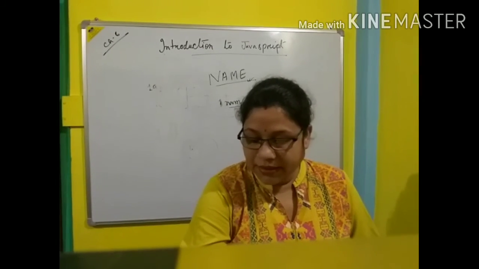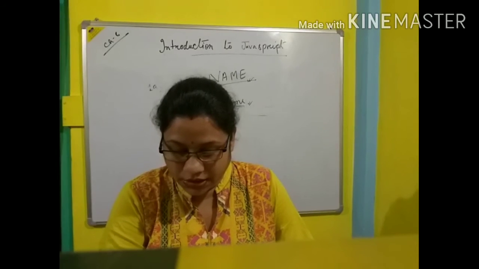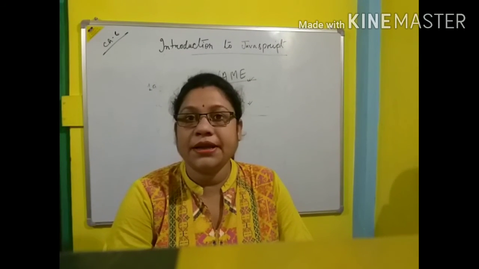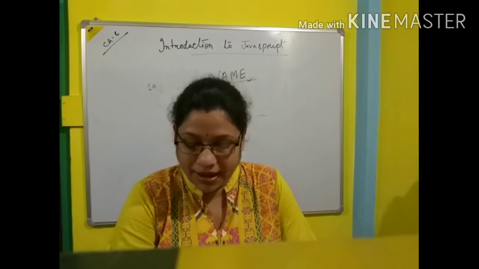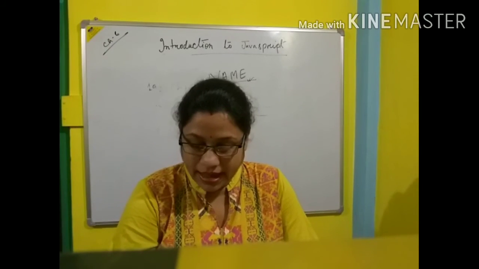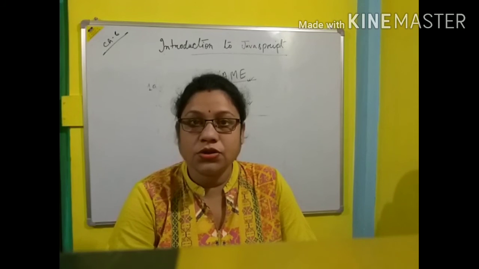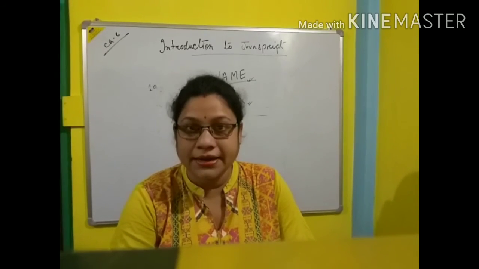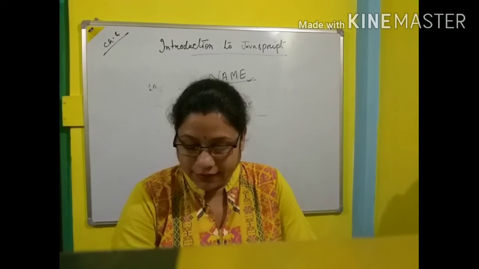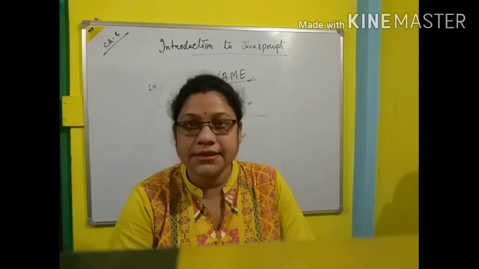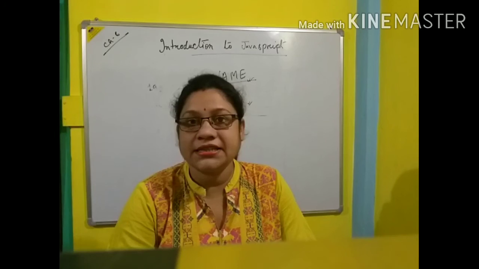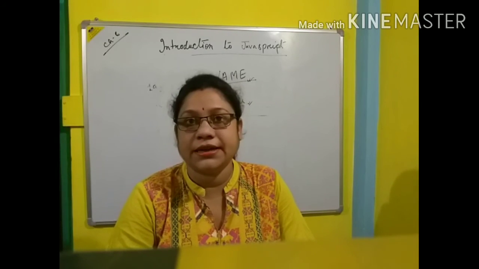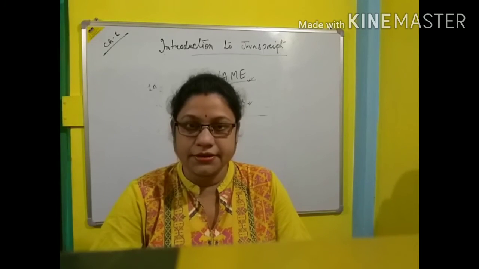Now look at the invalid variable names. 1num: because a variable name cannot start with a number, it is invalid. After that, student name: there is a space between student and name, which is not allowed. After that, a name with a special symbol at the start, because a special symbol cannot be used at the very beginning of a variable declaration. So these are invalid.